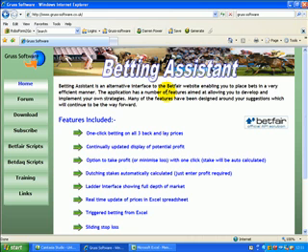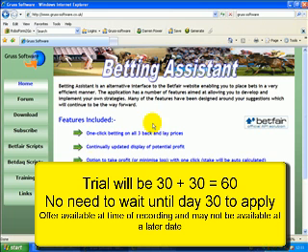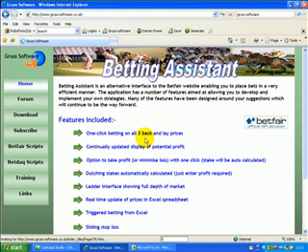The betting assistant software is free for 30 days. For club members we can get that extended to 60 days. You just need to email me at support@betting-school.com with your Betfair username. I send that off to Gruss. They extend your trial for 30 days. Now you have to do that before you've ever paid, because once you're a paid customer then the free trial is no longer valid. To use it straight away though, you don't need to pay anything, you just download. So we click on the download button,